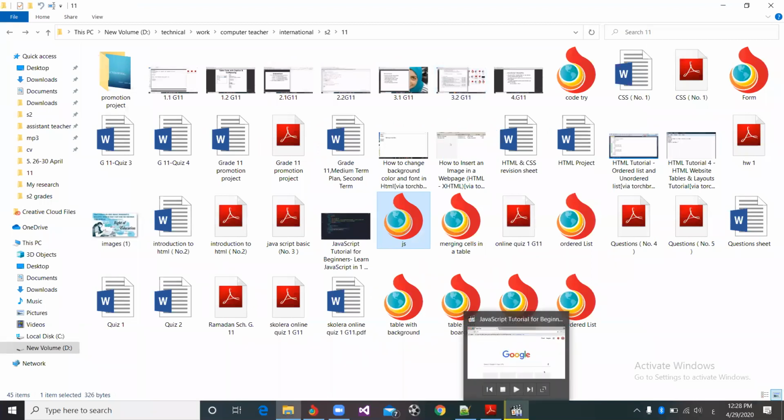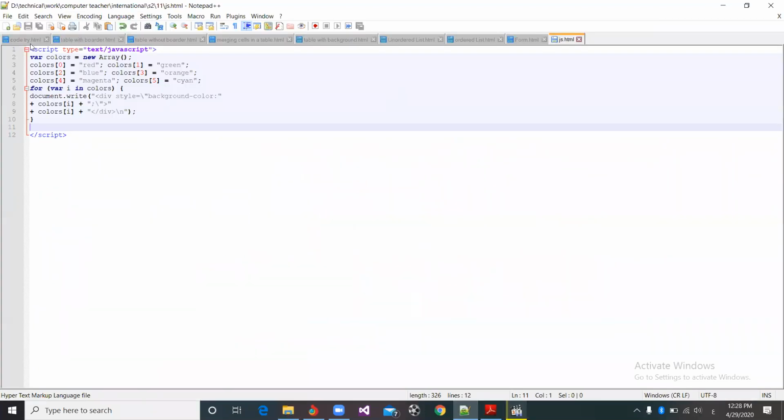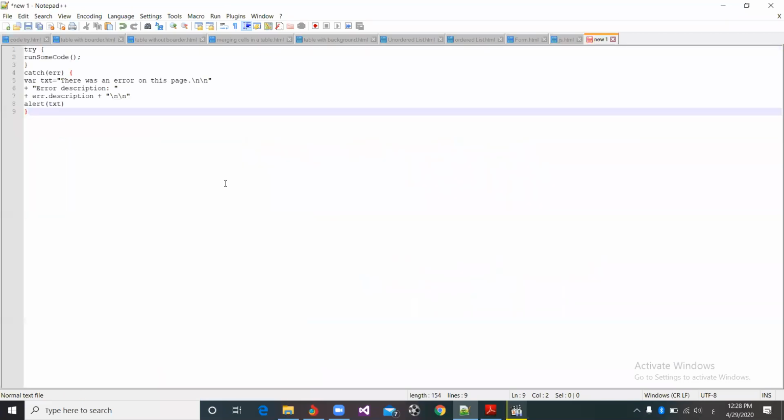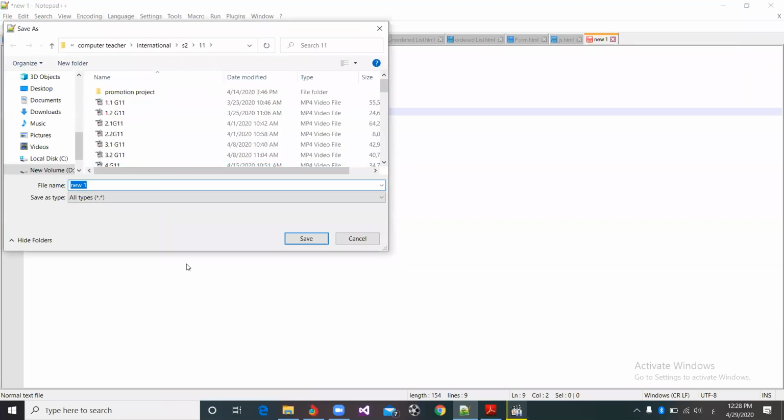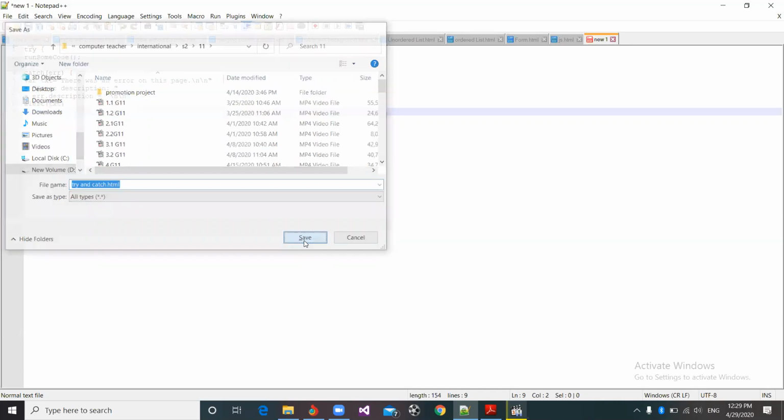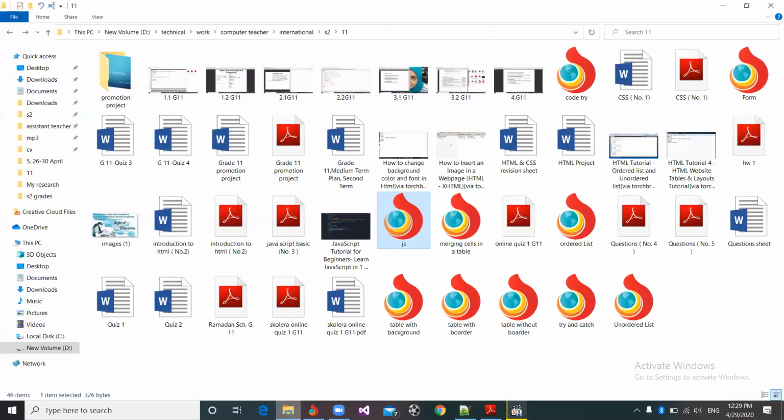We're gonna go to the notepad and start another notepad and paste my code, then file, save as, try and catch.html, save. Then I will go here to search for try and catch and open it